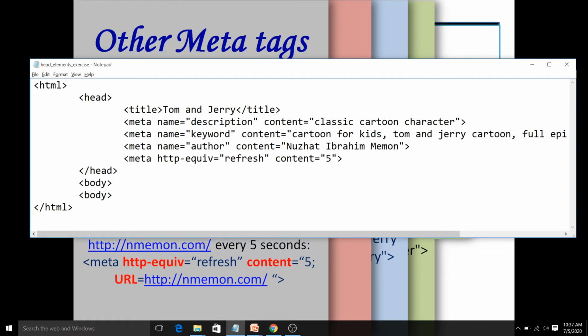Again I repeat, here you have to cover two attributes, that is http-equiv to refresh the page, and as the second attribute you have to write content. In the content attribute we have to specify seconds, after how many seconds your page should get refreshed. Here, this tag will refresh our HTML document file. And if I want to refresh some other page rather than this page, then I need to specify one more attribute, that is URL.